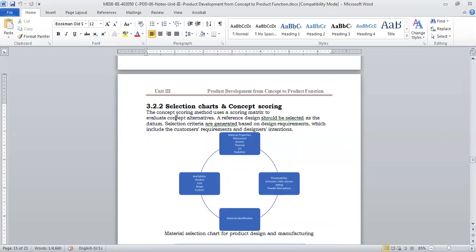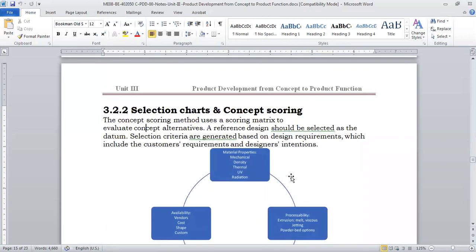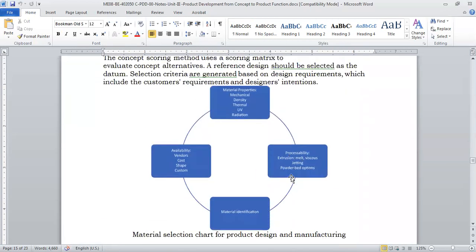Okay. So selection charts. Now the concept scoring method is a scoring matrix to evaluate the concept alternatives. A reference design is selected, right? The criteria are generated based on the design requirements, right? So let me show you a material selection chart for product design. First, material properties, the mechanical properties of the material, like what is the stress, what is the ultimate stress, whether the material is ductile, tensile, all those properties.